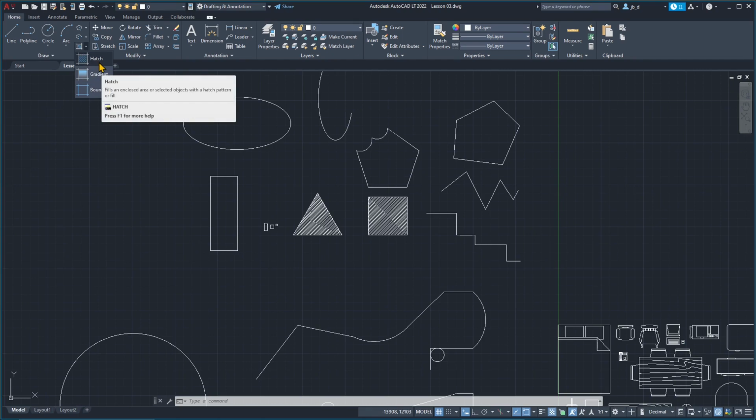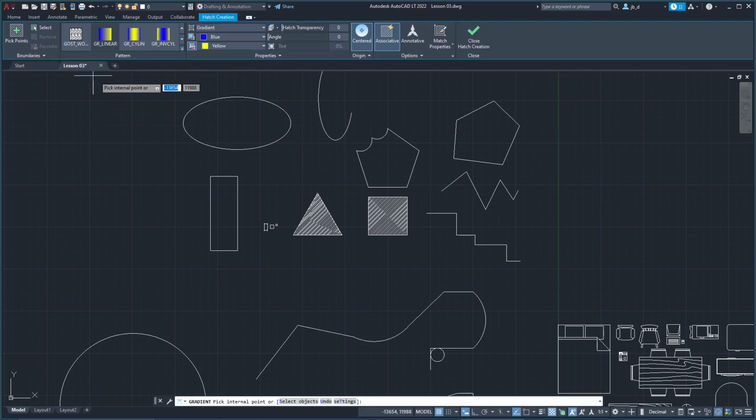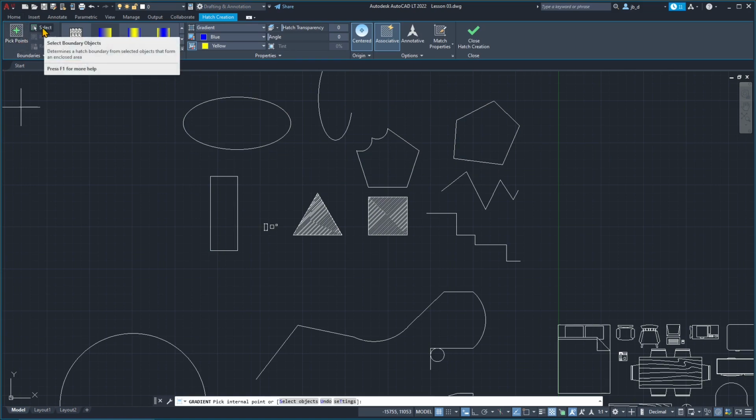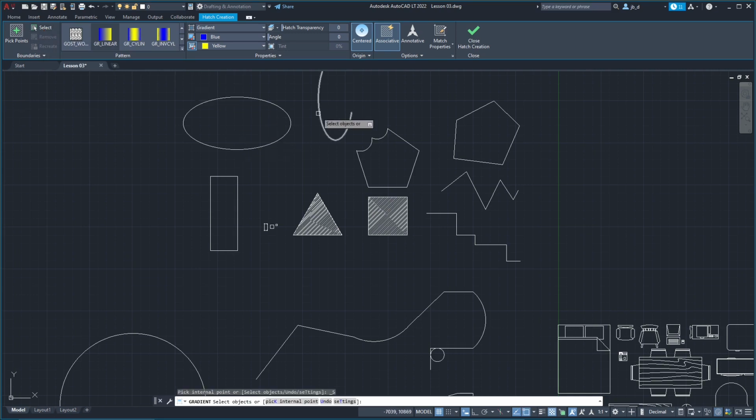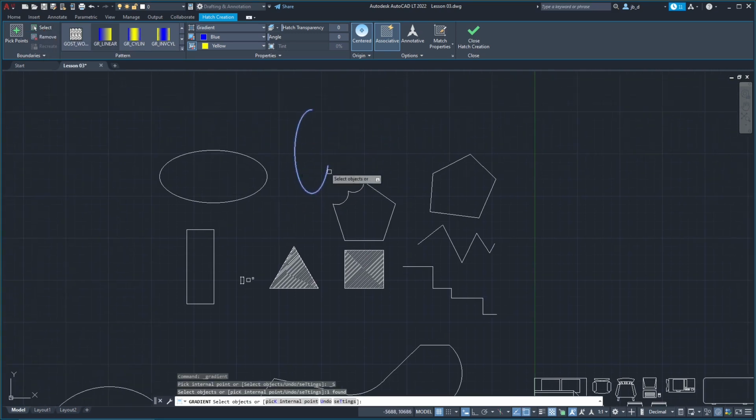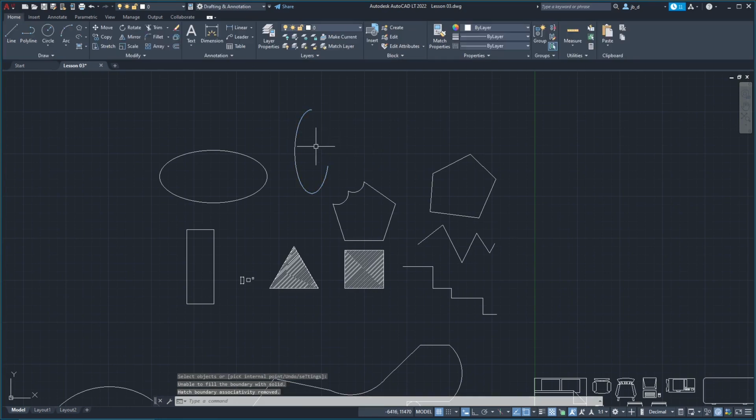And also we have the gradient. Now gradient is similar to the hatch. I just need to click on a single closed object to create the gradient. Now the alternative is to go and select the boundaries. Well, if you don't have enough boundaries, like in this case, you can press enter. It's gonna tell you that you don't have boundaries there, so you cannot create this fill. Now I'm gonna use the line again. Well, actually, let me show you